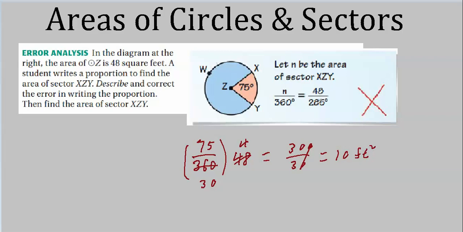This is just, well, who knows? This is what you should have done. What he should have done, rather. I'm sure you wouldn't have made a mistake like this. You take the fraction of 360, which is 75, and that of course is 75 over 360. Multiply by the whole thing, and that tells you what fraction of the area you've got. Actually, that gives you an actual number. This tells you what fraction of the area you have. Then you multiply the area by that fraction, and that tells you what actual area you have. It's probably a better way to look at it.